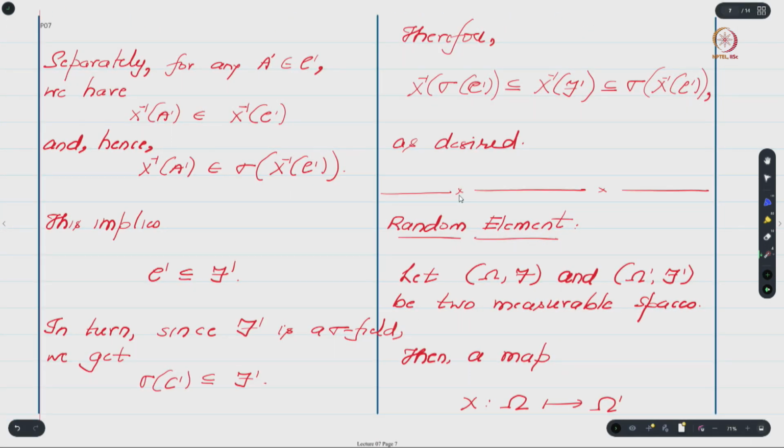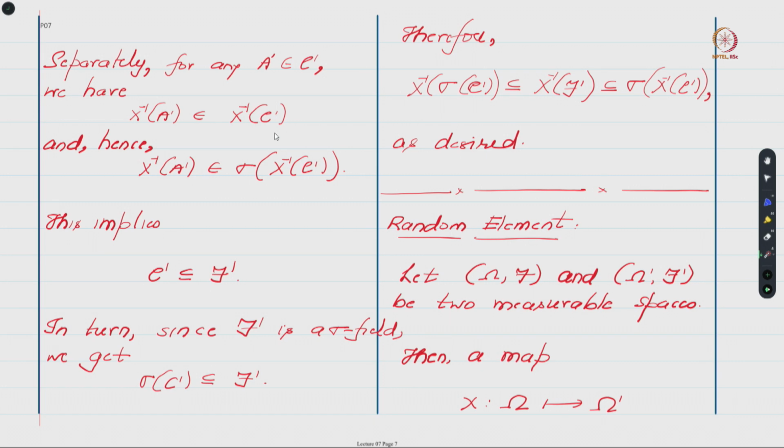Is this okay? Now separately, if you take any A prime in C prime, it is trivially true that x inverse of A prime, so the inverse map applied on this set A prime, will lie in the collection x inverse of C prime. So C prime is a collection. If you take x inverse of C prime, that will be another collection, and it will be made up of x inverse of A prime for every A prime in C prime. Hence from that definition of x inverse of C prime, it follows that x inverse of A prime lies in